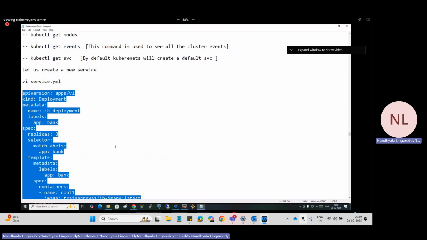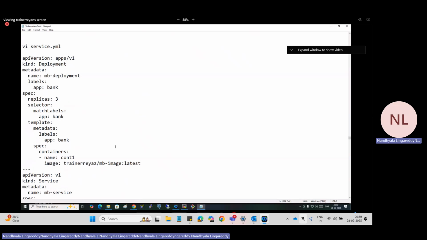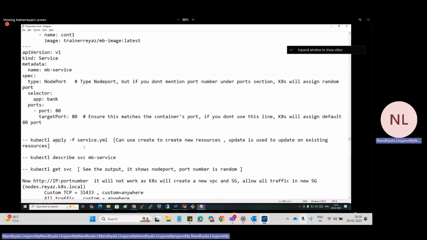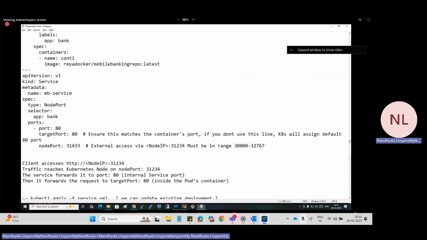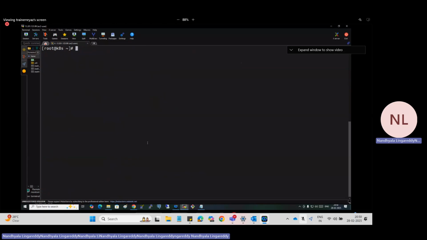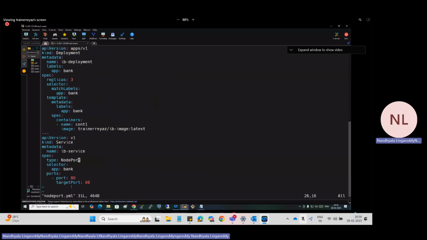Simply what you need to do is, at the bottom, do you see this here? In our manifest file, node port. What is the last one here? Only target port.